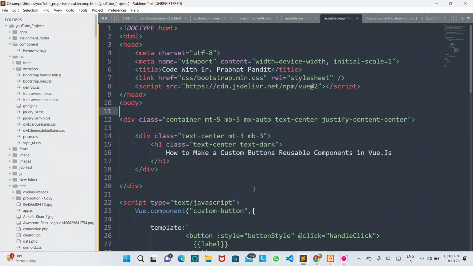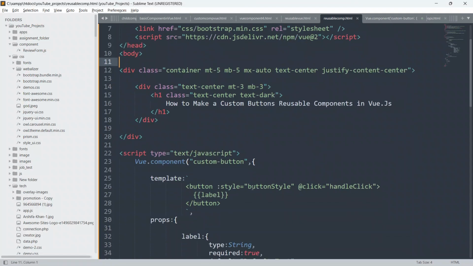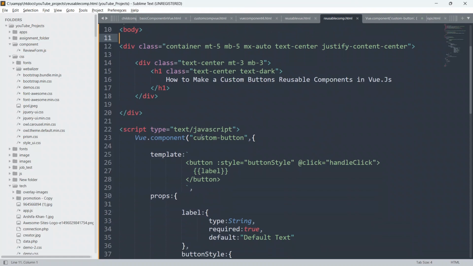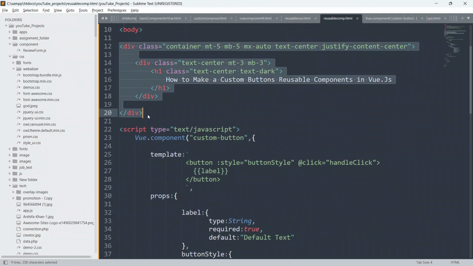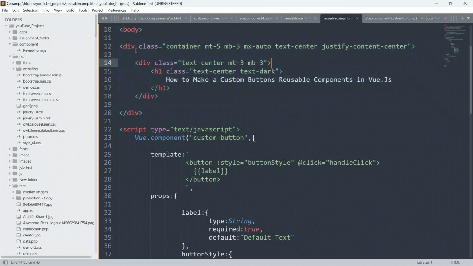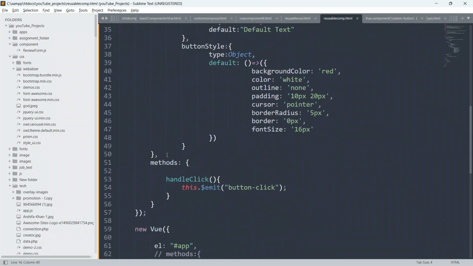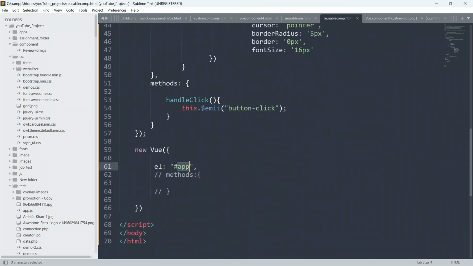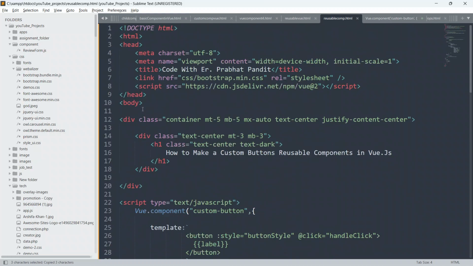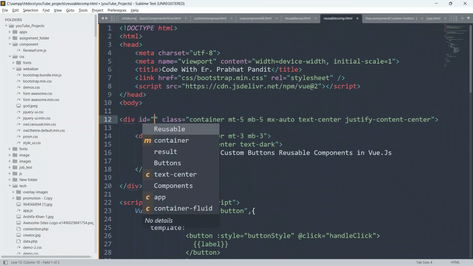So go to the code now, and now we are going to use this child component in our parent component. This is the parent component, and here we have to give our ID also. So copy this ID app from here, go here and give the ID equal to app.